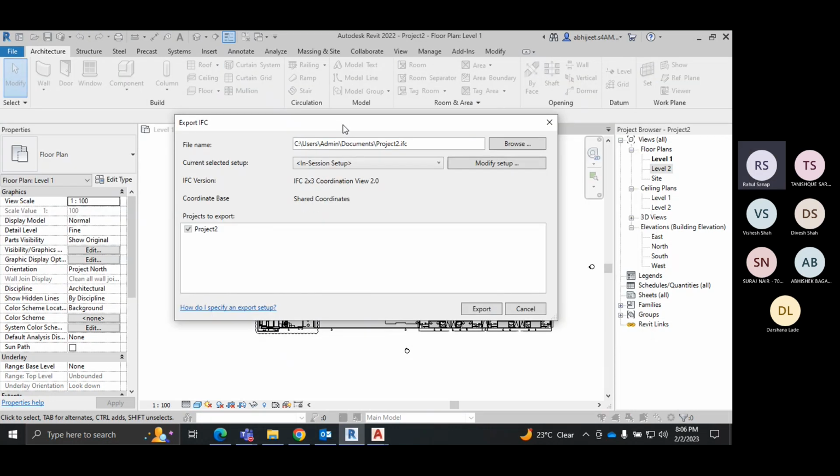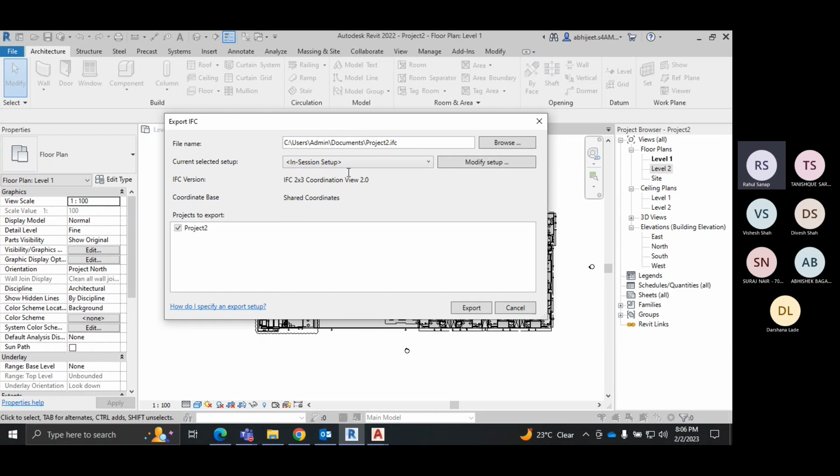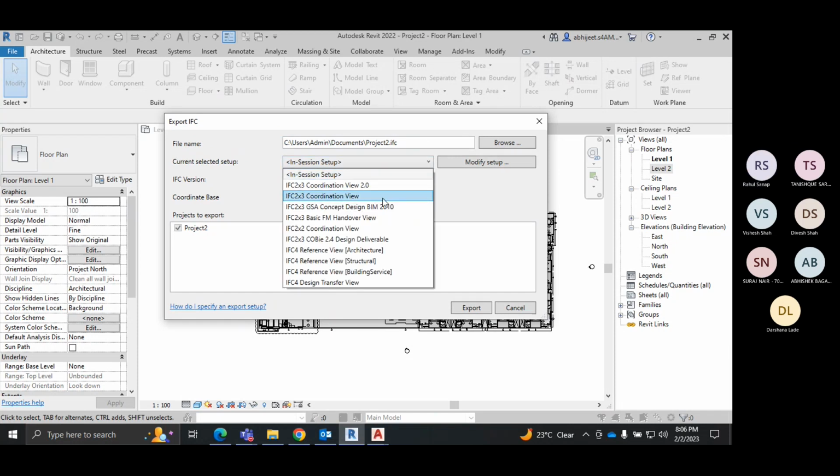यस, सो एक्सपोर्ट टू आईएफसी के बाद यहाँ पे आपको आता है कि कौन सा सेटअप आपको लगाना है। सेटअप में बहुत सारे ऑप्शन हैं। अभी इस ऑप्शन का यूज क्या है कि जितना इंफॉर्मेशन आपको एक्सट्रैक्ट करना है विथ रिस्पेक्ट टू दैट, लेट्स से कि IFC 2x3 कोऑर्डिनेशन व्यू। सो कोऑर्डिनेशन व्यू इन द सेंस इट विल अलाउ यू टू डायरेक्टली कोऑर्डिनेट द मॉडल, बट कोऑर्डिनेट मॉडल व्यू के लिए आपके पास लिंक होने चाहिए, मैनेज लिंक आपके सेटअप में होने चाहिए, और सबको कंबाइन करके जब आपका एक सिंगल मॉडल बनेगा विथ रिस्पेक्ट टू ऑल डिसिप्लिन, मतलब आर्किटेक्चर, स्ट्रक्चर, तब इसको आप करोगे कोऑर्डिनेशन।